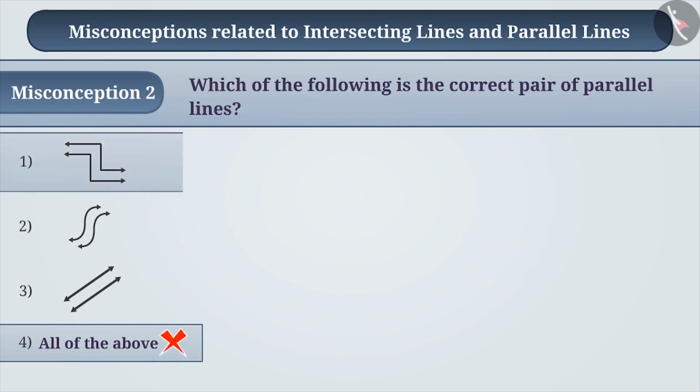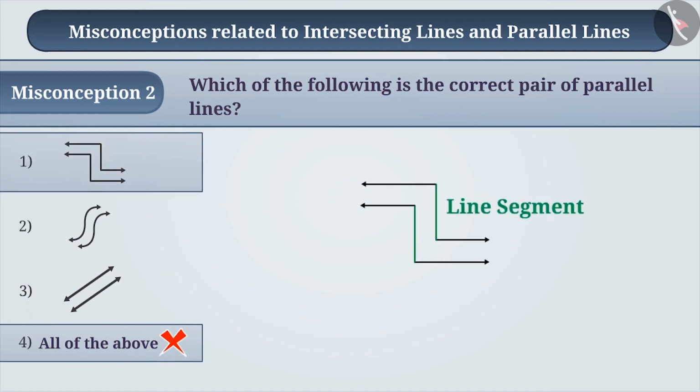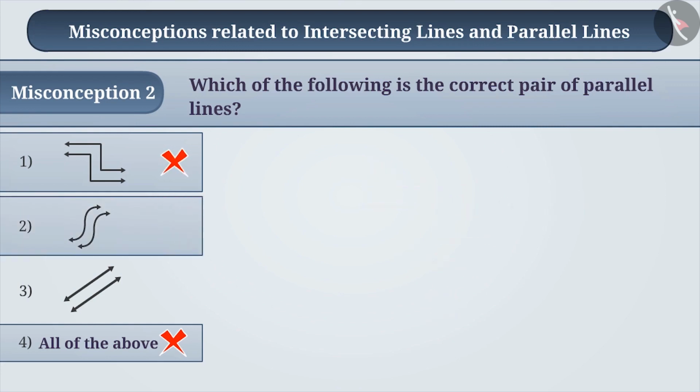In the given figure, observe option 1. There are no parallel lines. Rather, if we observe this, we get to know that this is a figure made of a line segment and a ray. Since their directions are changing, they are not representing lines. Similarly, the figure represented in option 2 is not extending in a straight form, rather extending by turns. We call these curved lines.